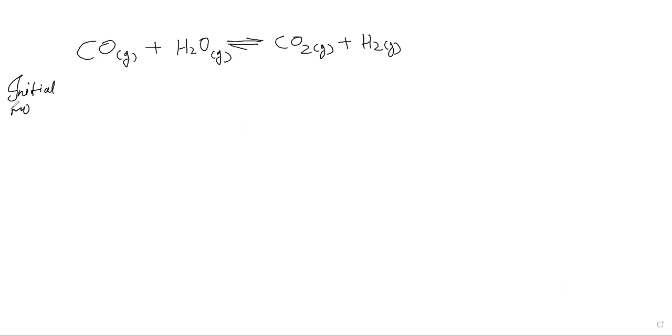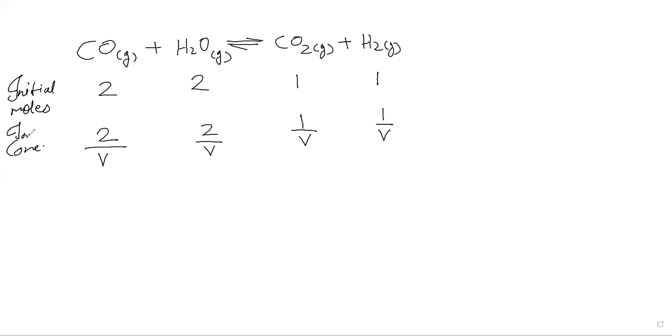Initial moles. So they give carbon monoxide 2 moles, water 2 moles, carbon dioxide gas 1 mole, hydrogen 1 mole. Now suppose you want to calculate concentration by using this number of moles, then you have to divide the number of moles by volume. So you'll get 2 upon V. Concentration of water is again 2 upon V. Concentration of carbon dioxide is 1 by V, and concentration of hydrogen is again 1 by V. So this information we have here.